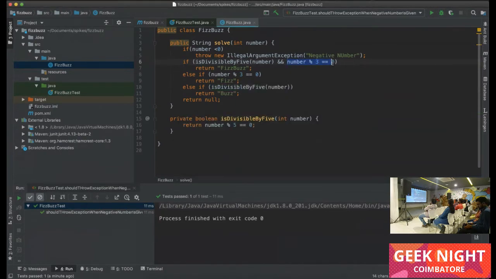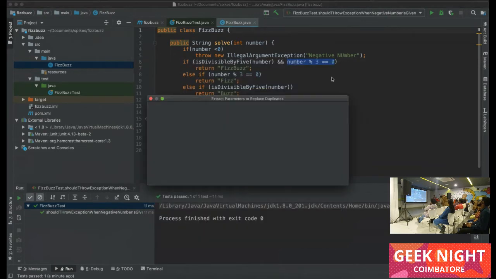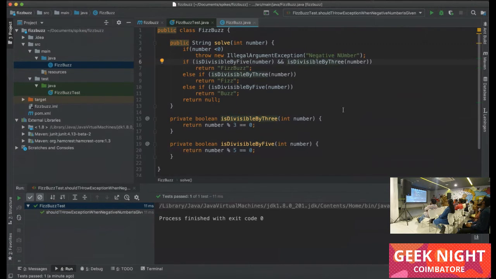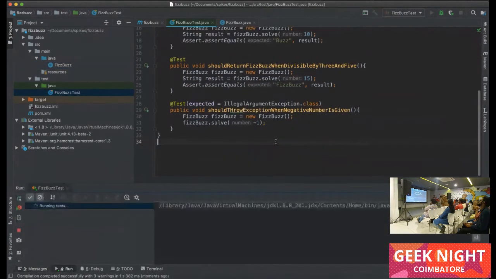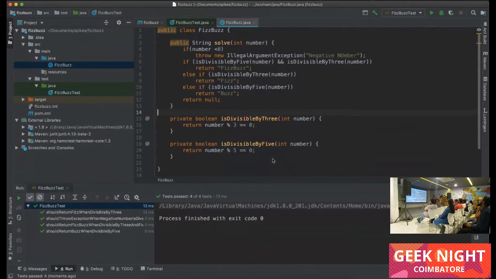And again I go and run the tests. Now I don't have to manually verify if this code works or not. I just have to run the test, and I'm confident my code works. Right. Any questions till now?